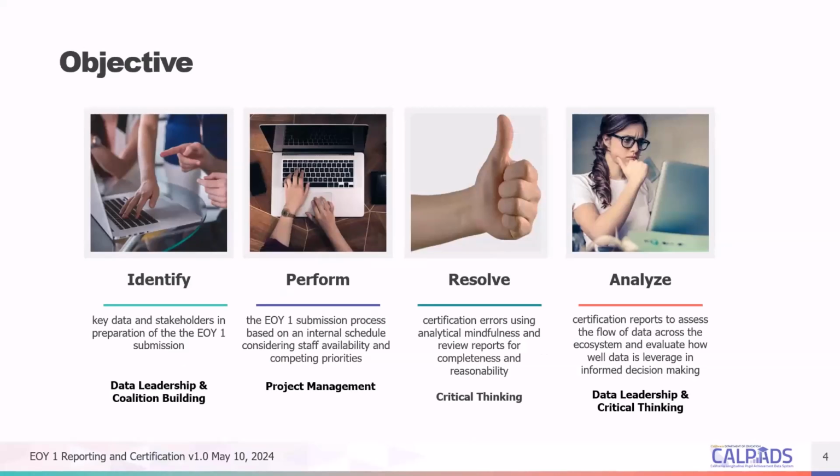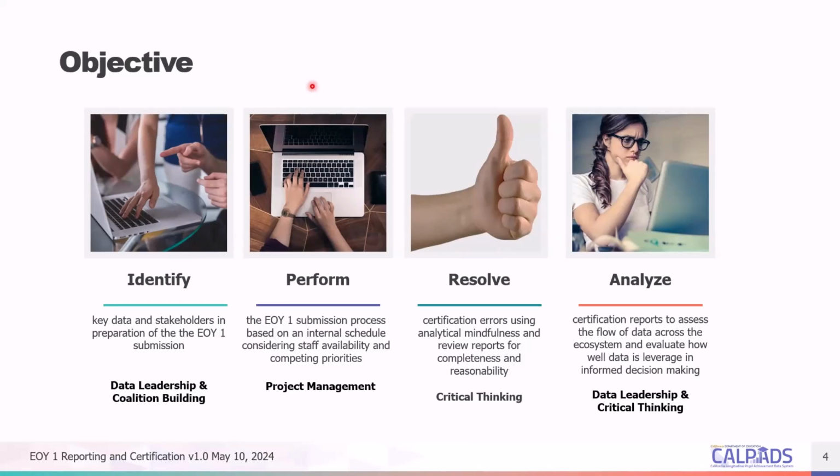Today's training has been developed with specific objectives in mind that highlight the essential skills needed during the CalPads submission process, and this slide contains those objectives. So by the end of this session, participants will be able to first identify key data and stakeholders in preparation for the end of year one submission, and this uses the data leadership and coalition building competencies in the CSIS CalPads competency model. Next, perform the end of year one submission process based on an internal schedule, considering staff availability